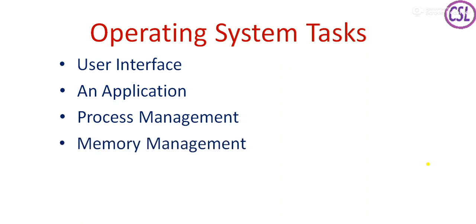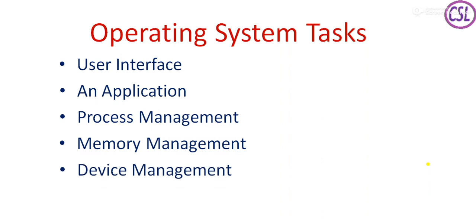And memory management. In a computer there are so many memories available: primary memory, secondary memory, cache memory, register memory. Like that there are so many memories available. So memory management in the sense the data has to be stored in which memory. On that particular memory how the data will be stored, whether the data is stored byte by byte, bit by bit, like that. There are so many algorithms and methods to store the particular data, and the operating system does all these managerial tasks related to the memory.